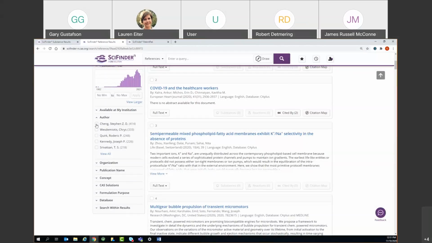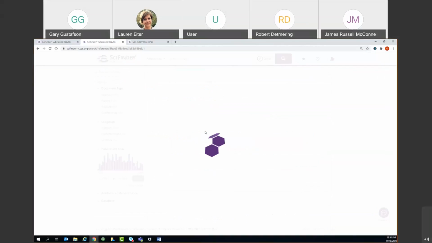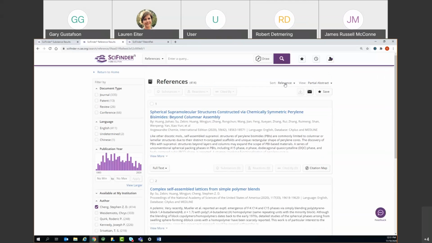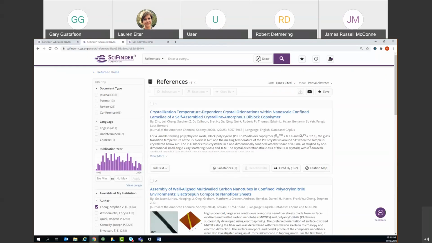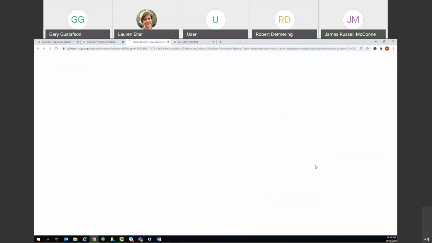In this situation, I'm going to go ahead and just pull these back, and then I want to show a specific capability here. The searches are done by relevance, but in this situation, I want to find the most cited articles by this author to highlight something called the citation map. There may be a specific article here that I'm pretty interested in. I'd like to know more about who this author cited, maybe who has cited this author himself. So if I click on citation map,